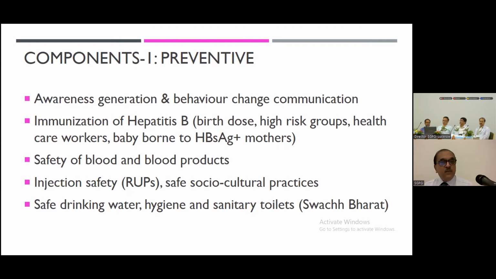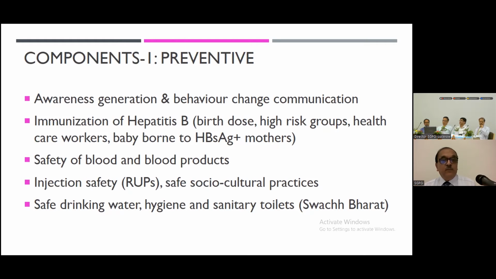So, for example, for the immunization of hepatitis B, the birth dose should be given, and the subsequent immunization, and high risk groups, you all know also, and the healthcare workers must. If I ask how many of you have had hepatitis B vaccine, I would say 50% would not have even a single dose. That is a very sad affair. So at least healthcare workers, all of us, at least 70-80% are healthcare workers, we should have the hepatitis B immunization also. And the baby born to a hepatitis B surface antigen positive mother.